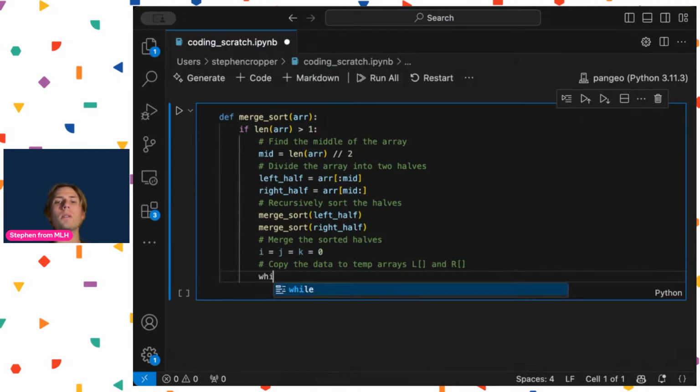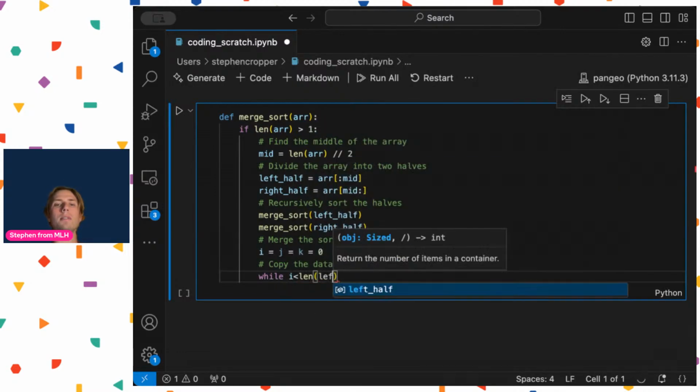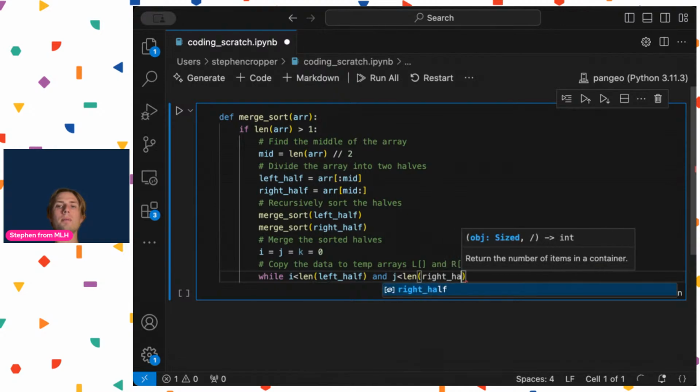Okay, so while i is less than the length of the left half, remember the left half is this left split array, and j is less than the length of the right half,